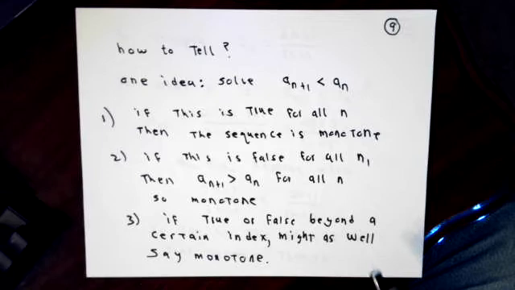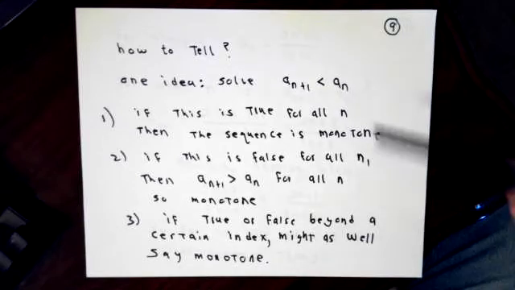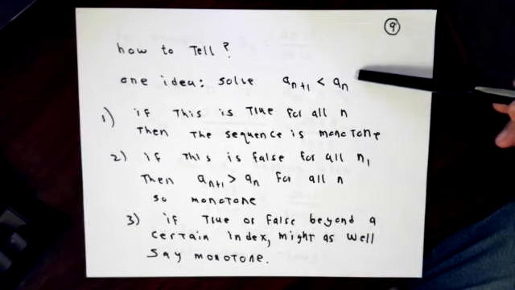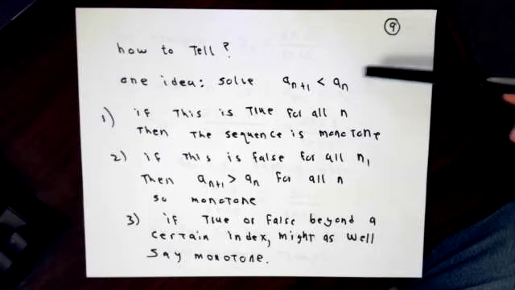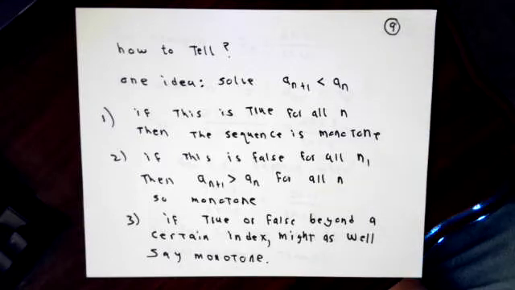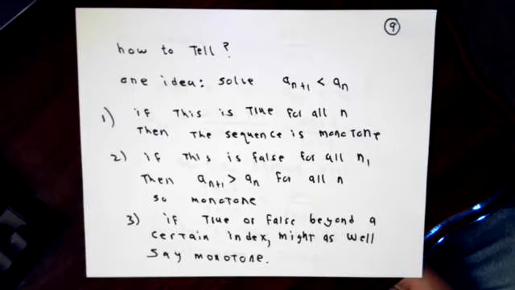If it's true or false beyond a certain particular index value, then you almost more or less have a monotone sequence. As we'll see later, in many cases, that would be good enough. What you don't want to see is this be true for a while, and then be false for a while, and then be true for a while, and have that continue. That would be undesirable behavior if you're trying to convince yourself that a given sequence is monotone.